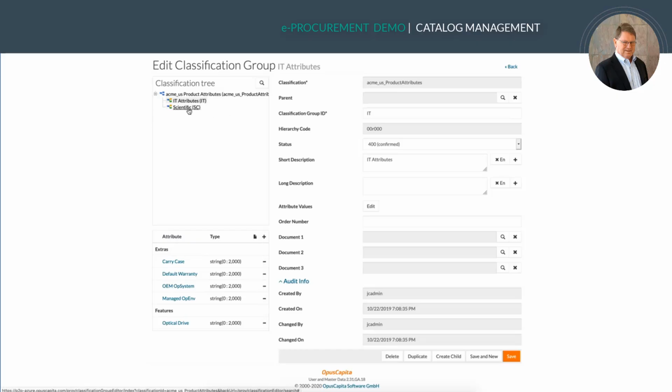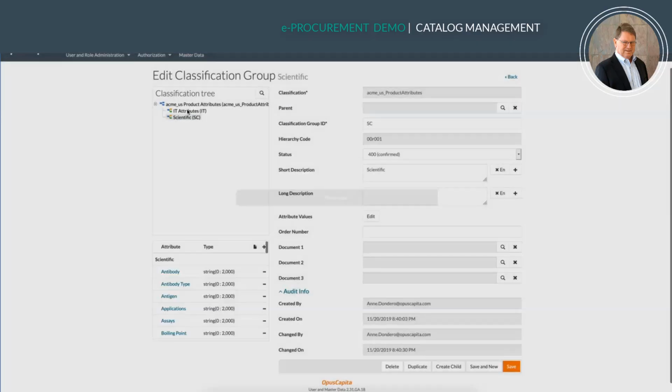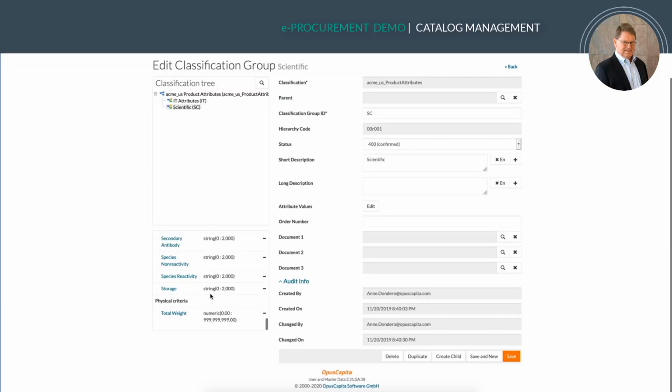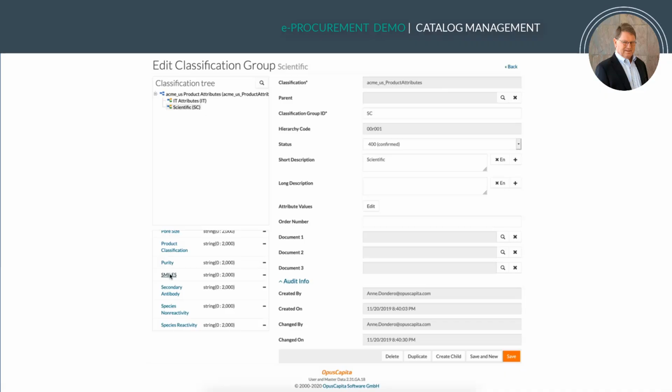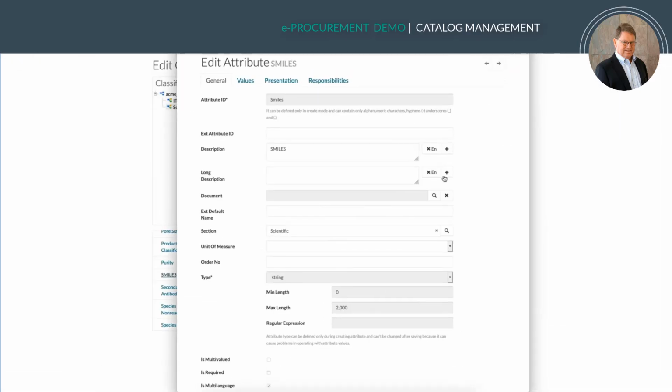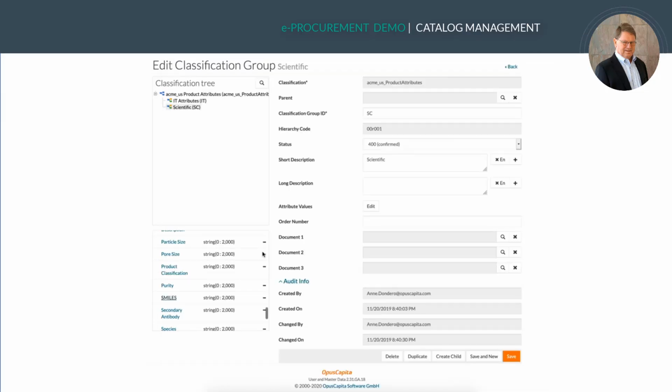You remember we talked about Fisher Scientific. Here are all the attributes that we use to support the Fisher Scientific library. And an attribute is quite sophisticated in the sense that it has a lot of information associated with it. It is an attribute library. And you can see here that we can have multi-language support. We can bring in all sorts of different types of attributes. If we wanted to, in fact, create a new attribute, you could see